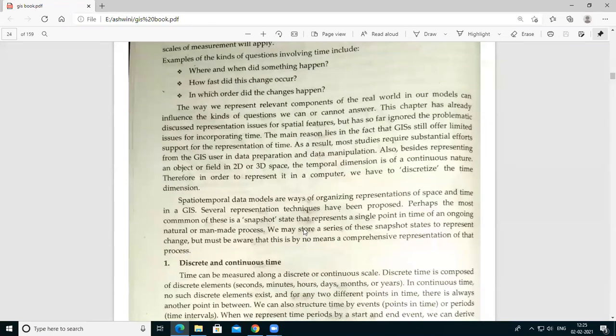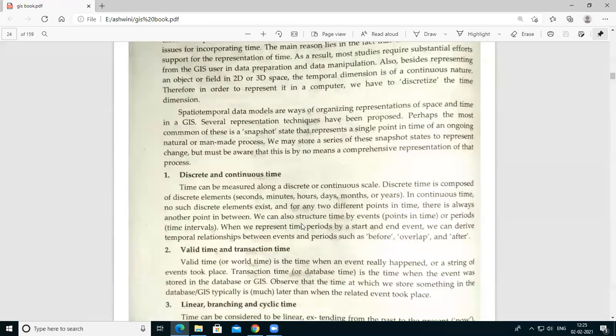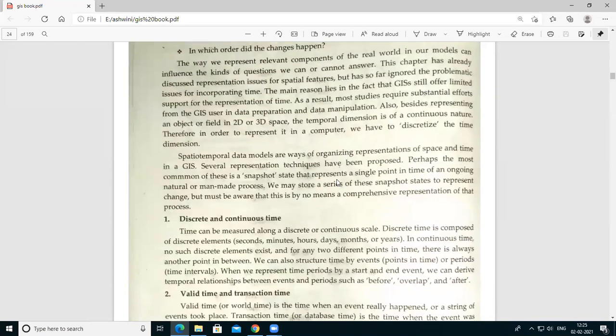So there are different types of graphical representation depending upon time. So the times are of different types. In that, the first one is discrete and continuous time. Okay, so discrete means we count that particular time. Okay, and continuous means we can't calculate or count the scale. Okay, so that is called a continuous scale. असे काही ग्राफ्स असतात की त्याच्यामध्ये आपण डिस्क्रीट टायमिंग यूज करतो किंवा कंटिन्युअस टायमिंग यूज करतो. आता डिस्क्रीट म्हणजे, discrete means just like seconds, minutes, hours, days, months or years.